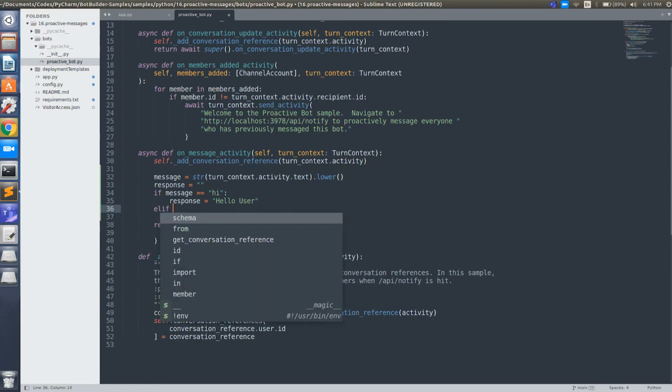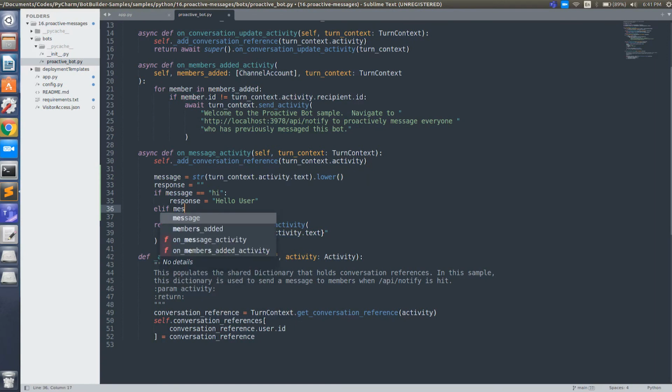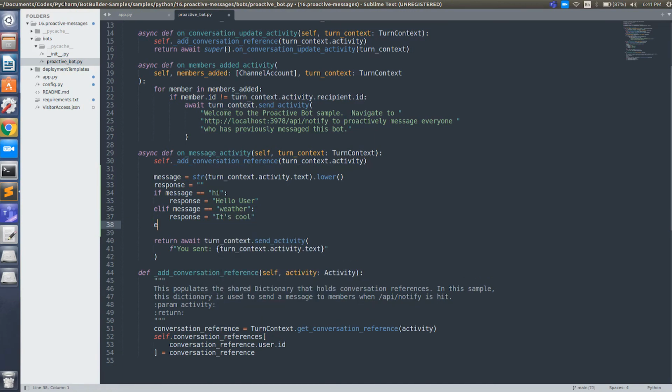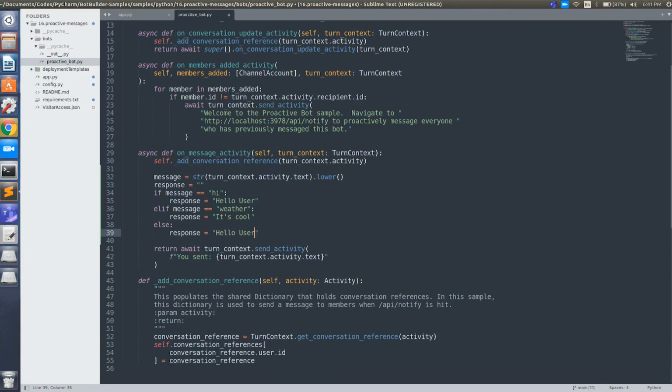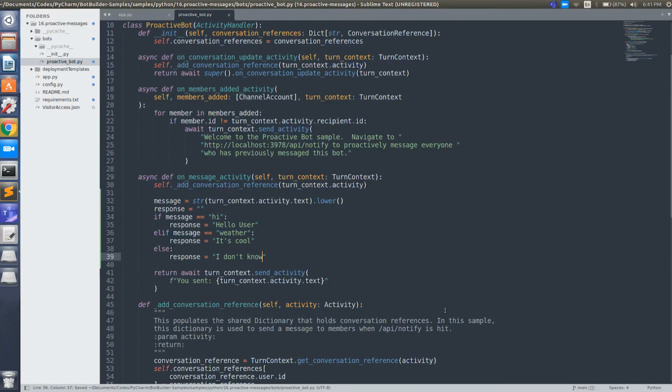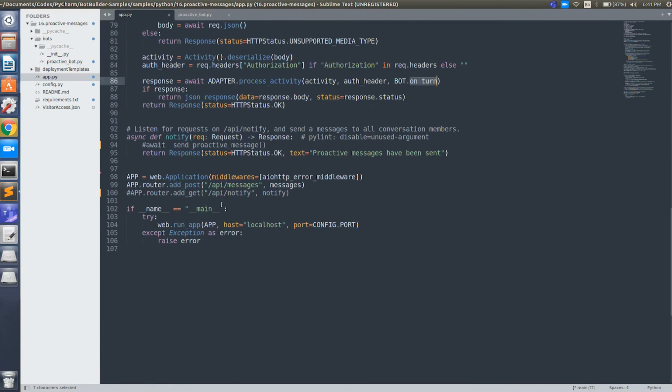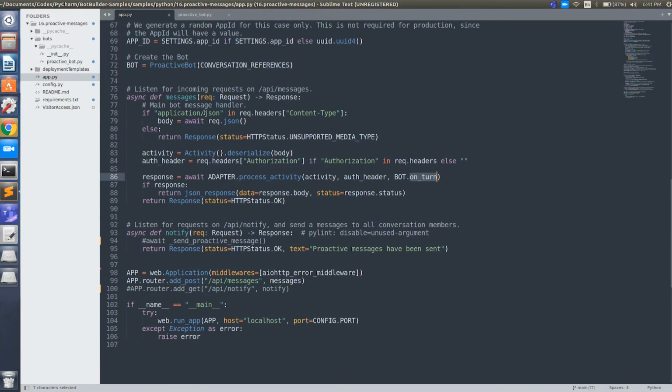Then if the message is equal to weather, I'm going to respond back with it's cool. If it is neither of them, I'm going to reply with I don't know. This is the same thing we have done, so I'm just doing it so that we can test this once and then add the next functionality. So it seems it is fine enough.